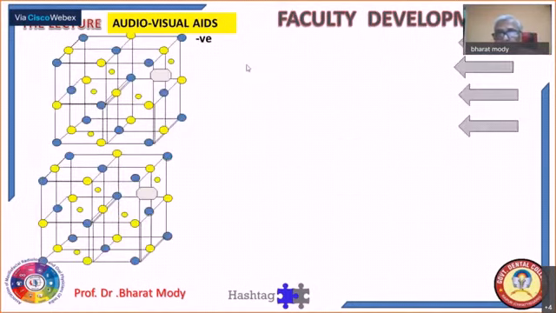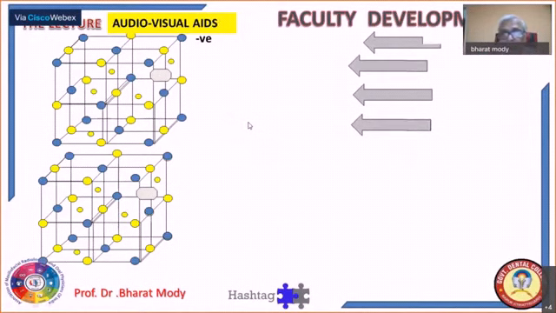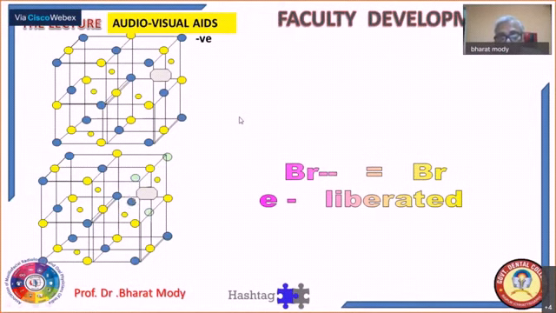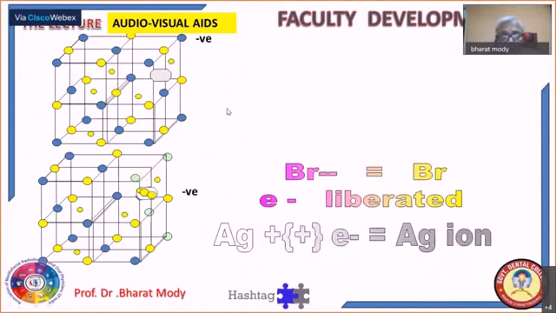For example, suppose I am showing how a latent image is being formed and developed, then I can show them that X-rays come and strike. One bromine ion will be liberated. That bromine ion will go into that sensitive spot. See, when I am talking, the animation is going on. So the interstitial silver will get collected exactly at the point where the sensitive